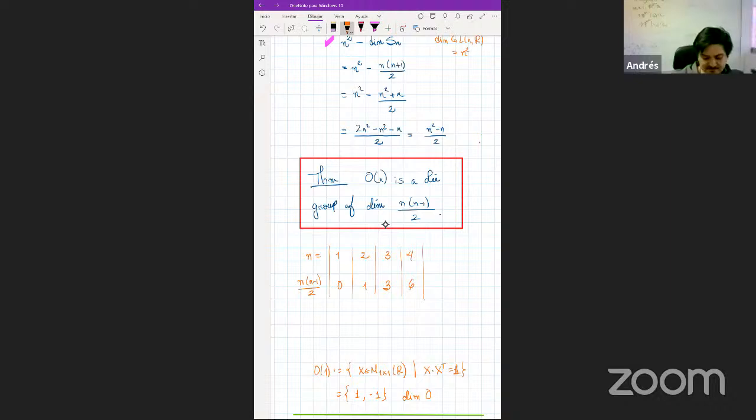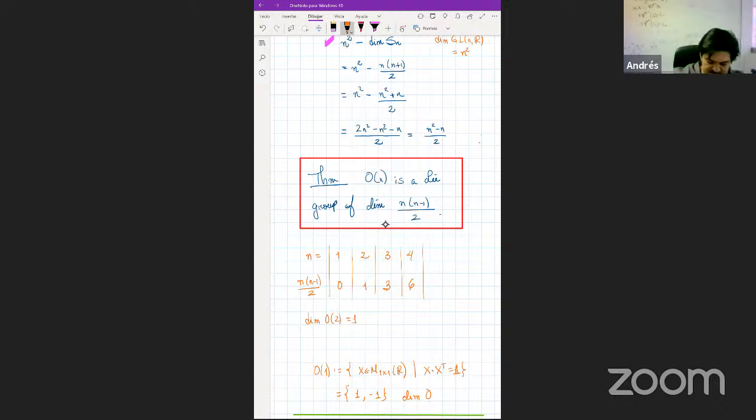Okay. So that's the dimension of ON for the first values of n. For n equals 1, ON is just the set of 2 points. That's dimension 0. And now what I was asking is, well, the dimension of